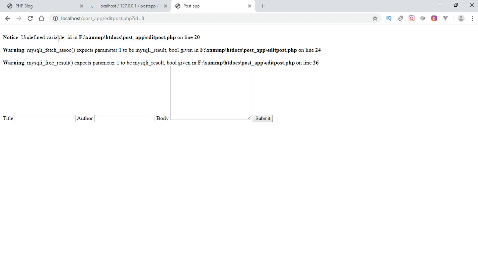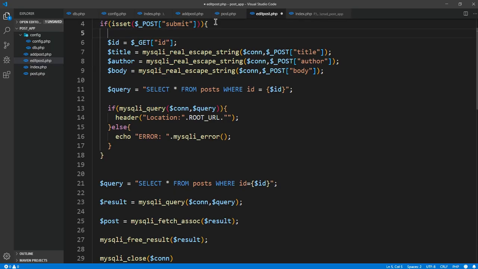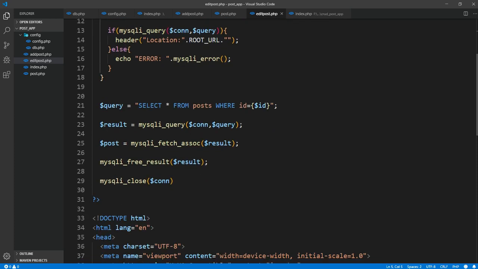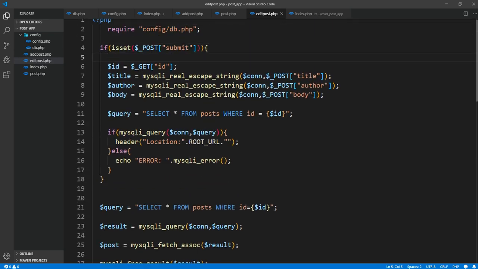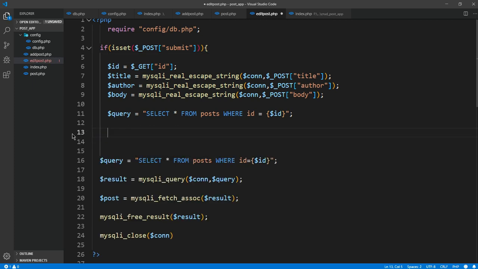Undefined variable ID, it's a problem with read the result, and selected. Everything is done. Maybe I think this is the problem. MySQLi query,